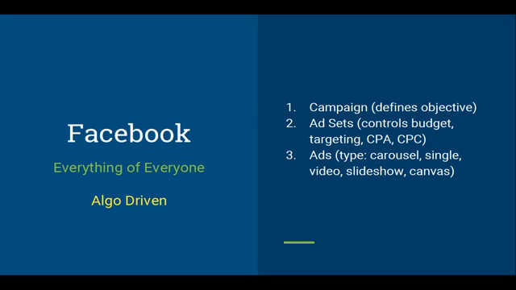And the different formats here are carousel, which you must have seen on Facebook, where you see a slide kind of format where you can swipe and see 3 or 5 different images of a particular ad, right? Then there is a single image ad where only a single image is there. There are video ads where you can showcase a video as an ad. There are slideshows and canvas, different formats that you can use within Facebook. So that's essentially about Facebook marketing and how you can use it to drive installs for your ad.